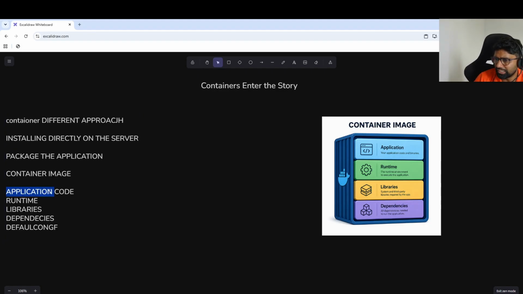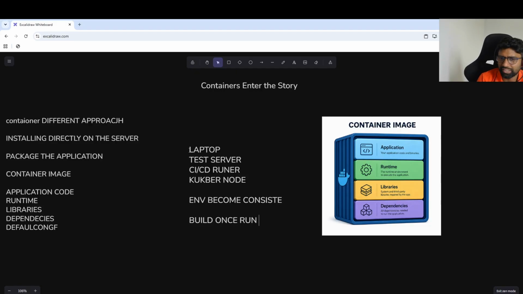Then this particular container image can directly run on a laptop, a test server, a CI/CD runner, a Kubernetes node. The environment becomes consistent across multiple different servers. Build once, run consistently. Containers are also lightweight when compared to virtual machines because they share the host operating system.